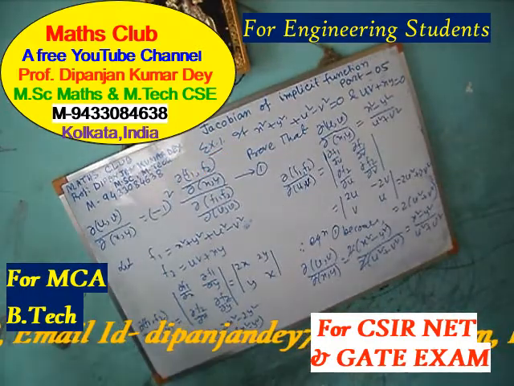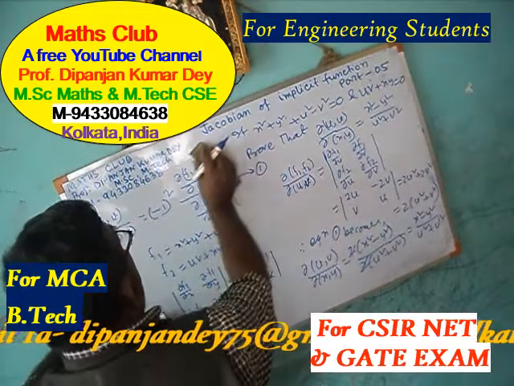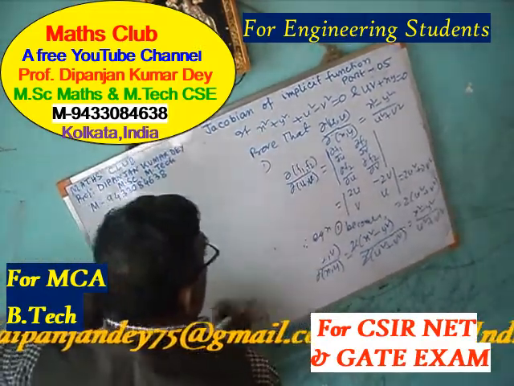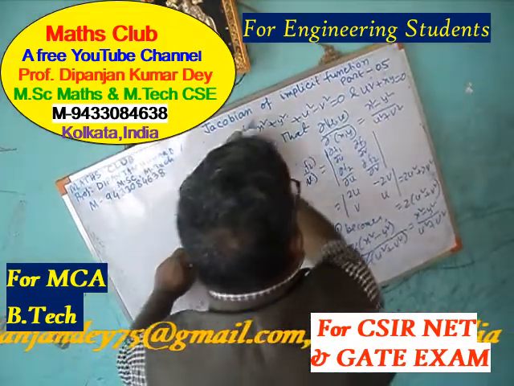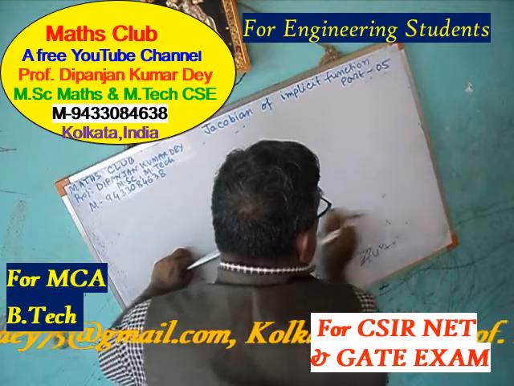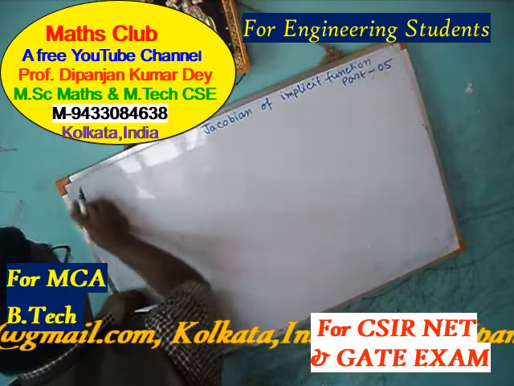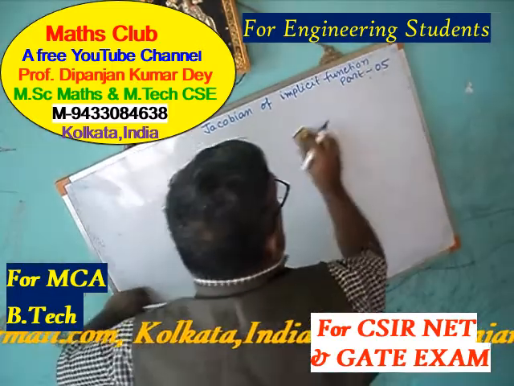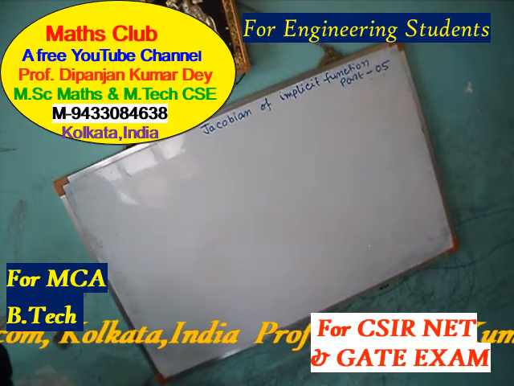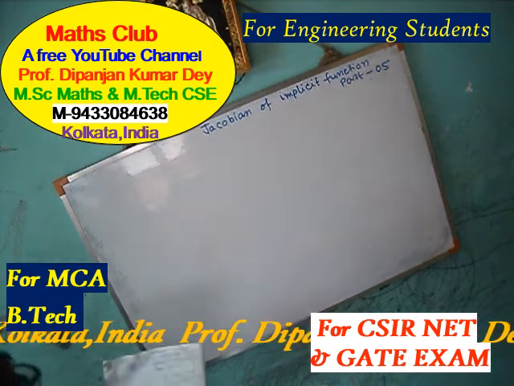So now we are going to move to the next sum, example 2. This is also important. Sum number 2 is also important. The sum I have taken from a university question paper. So do it nicely, just follow me. This sum is also important for the exam. That is example 2, by using Jacobian of implicit function.